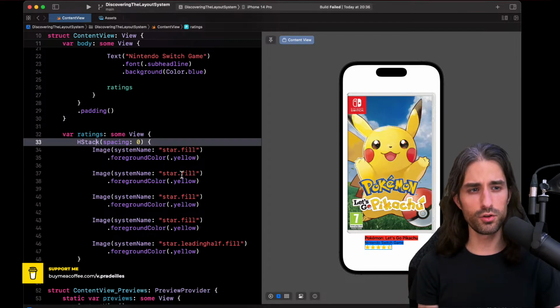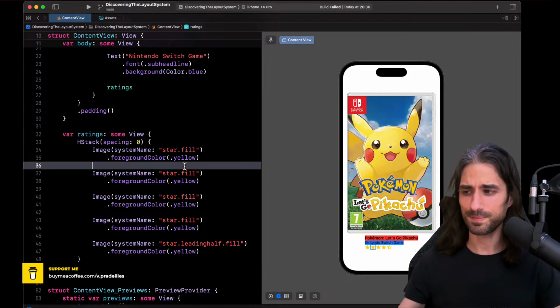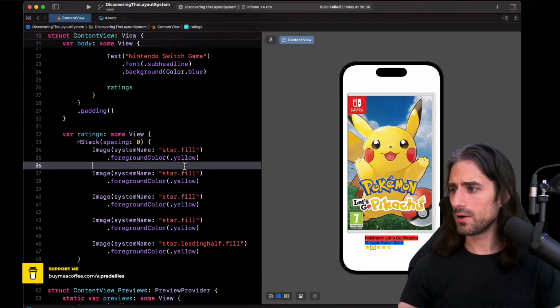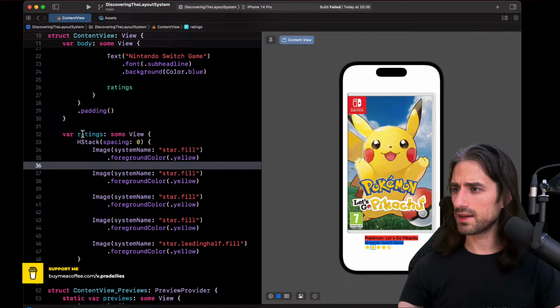I won't write this code because it becomes complex really quick, and it's not what I want to focus on today. I want to focus on the layout system, but I still wanted to point out how you would implement it inside a real app. Okay, we can notice, what else can we notice?